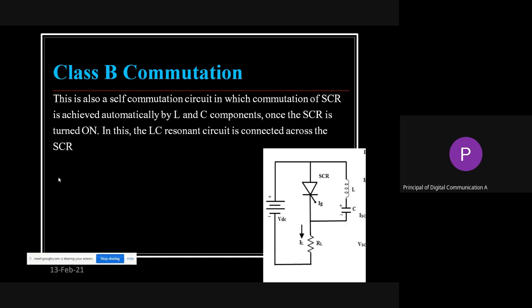The first step, definitely, is that when you give the input supply, the capacitor starts charging through the part of this particular